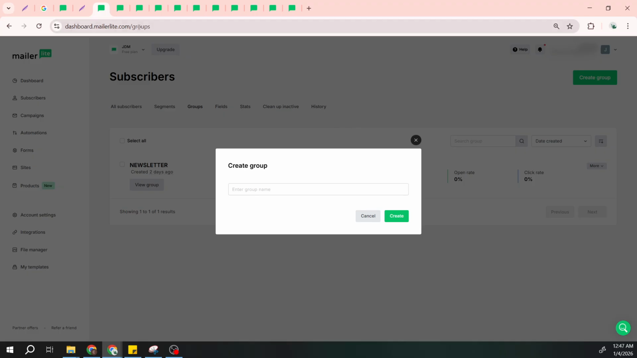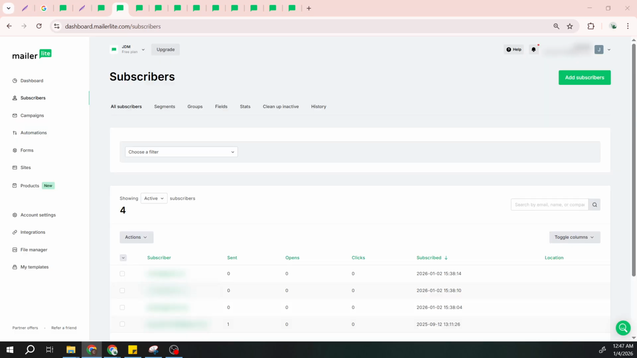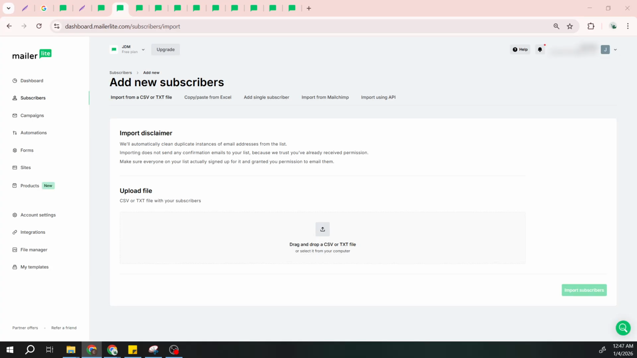When you have a list to import, head to the Subscribers page, click Add Subscribers, and either upload a CSV file or copy and paste from Excel. Make sure you have permission to email everyone on your list. As you import, check that columns like first name and email map to the right fields and that your headers